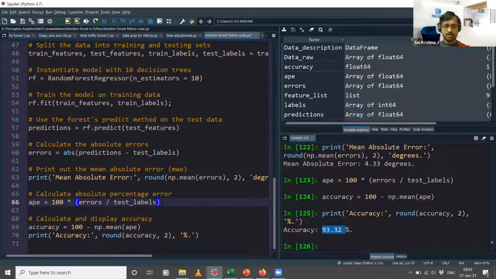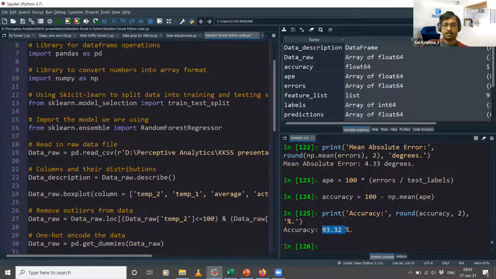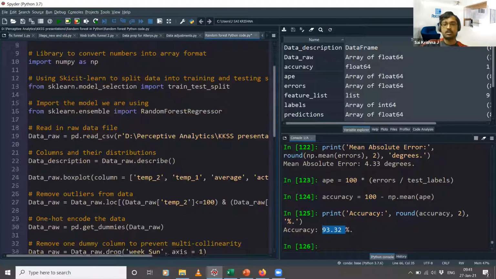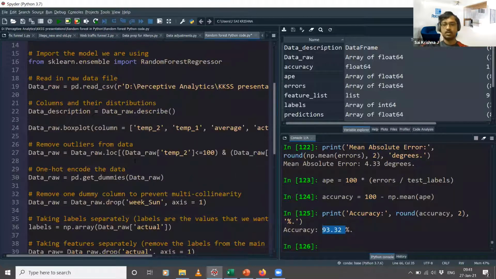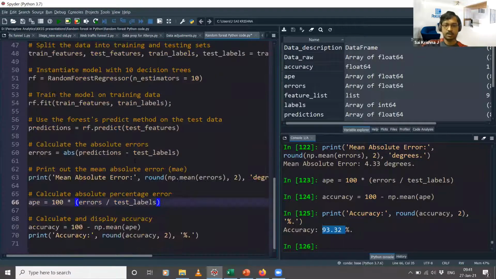So yeah, this is basically the set of code that you will use to create a random forest model. I will also send you this code and this data set that I have, so that in the future, when you encounter a situation where you have to build a random forest model, you can just use this code. You can plug in your data set, you can plug in your column names, and it will be easy for you to build the model. So that is what I had for today.